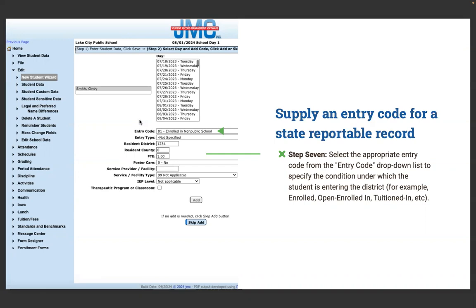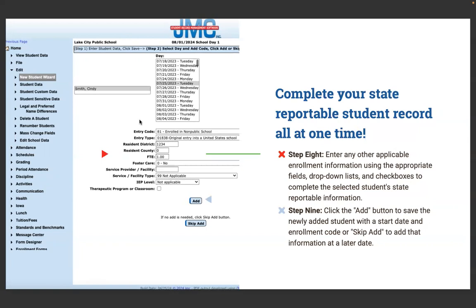If you have questions about what code is appropriate for the student based on the situation, we might ask you to reach out to your Department of Education. We can show you where to enter that information, but as far as how to code it, that's up to you and your district and the state to decide how a student should be entered or enrolled. Step 8, you enter any of the other applicable enrollment information using the appropriate fields, drop-down lists, and checkboxes